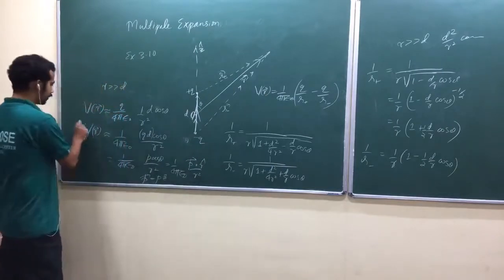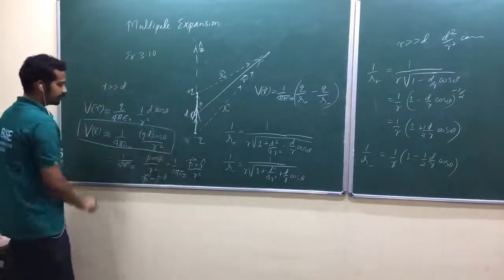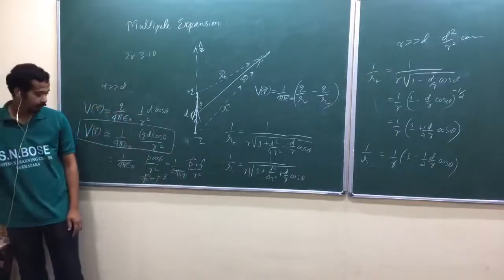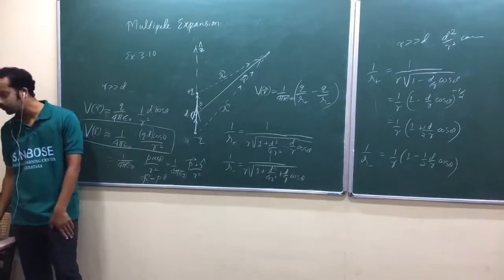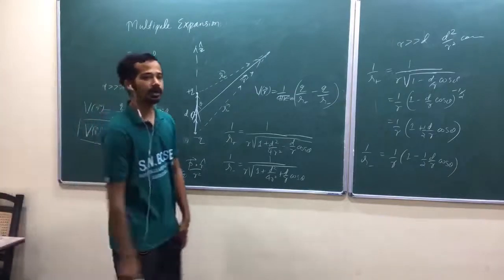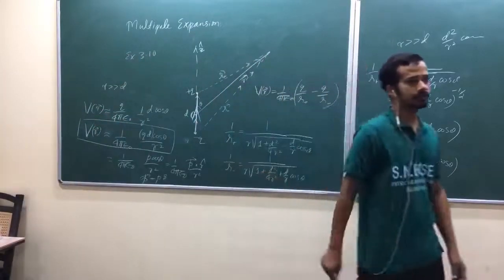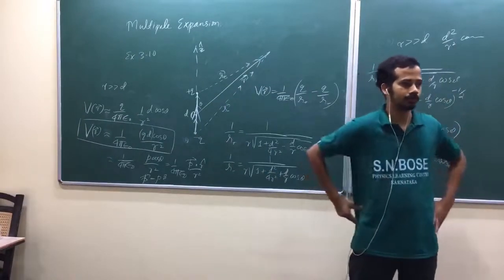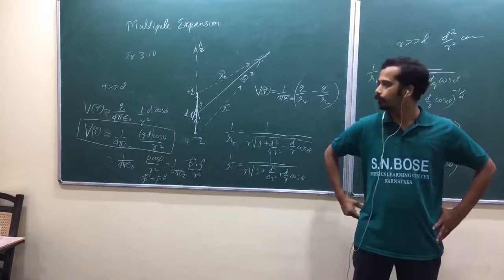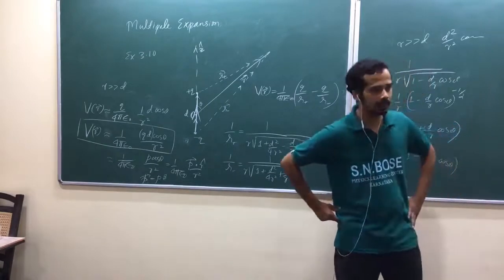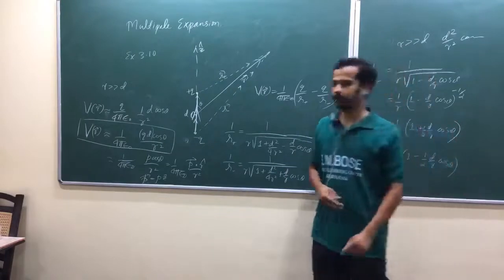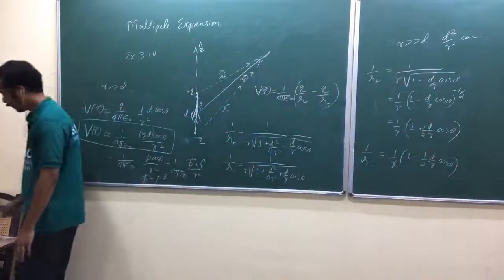Anyway, right now we shall take this one. Later I need to generalize it. Our approximate potential due to a dipole will fall like 1 by r square. If there is only one charge, we call it a monopole. That monopole potential usually drops like 1 by r. We have seen 1 by r from the distance. Now we shall see some more facts here.